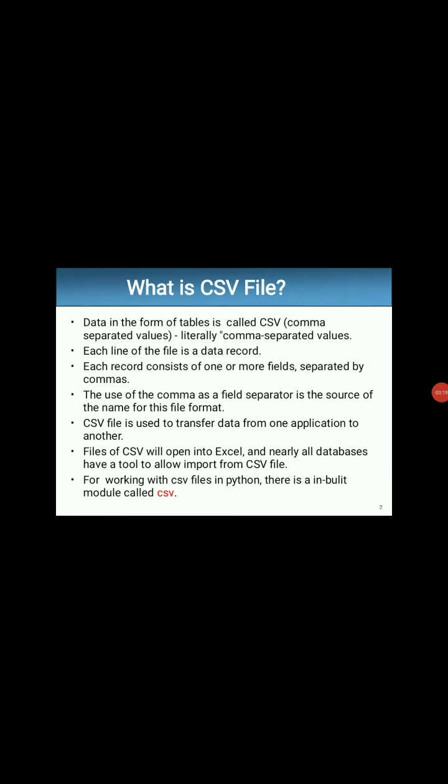Learn about CSV files. So first of all we will see what is a CSV file. CSV stands for comma separated values. When we store our data in the form of tables, then it will become CSV files. Each line of the file is a data record. It means in a table every line contains a data record, and a data record in a table has more than one value